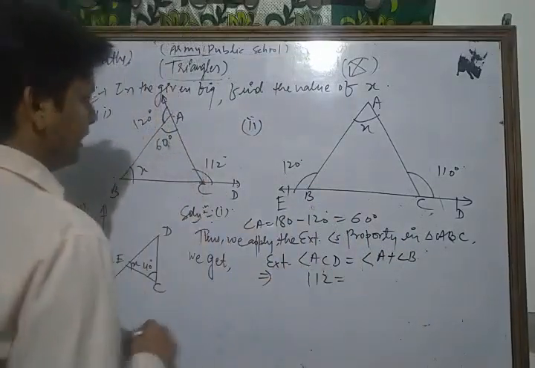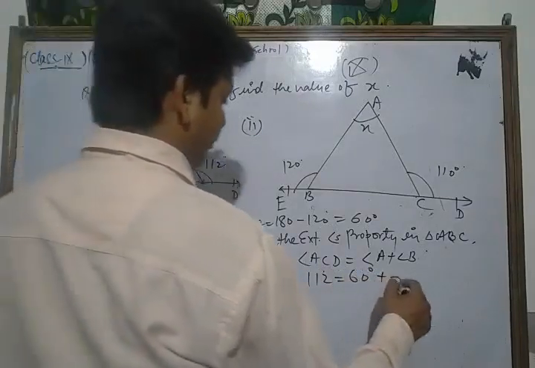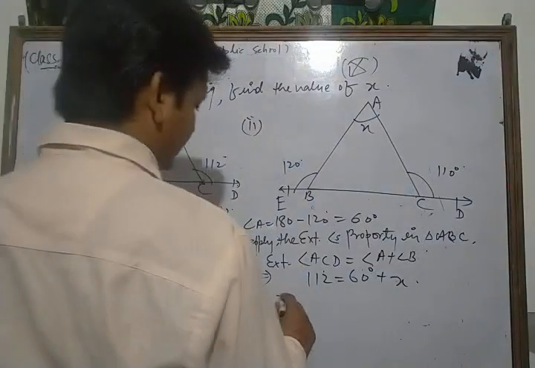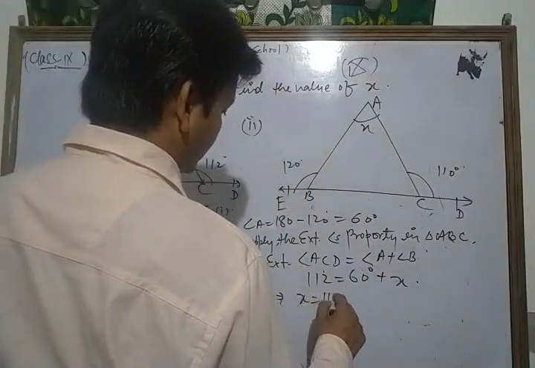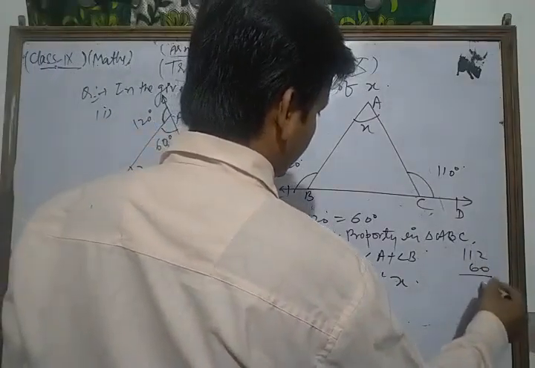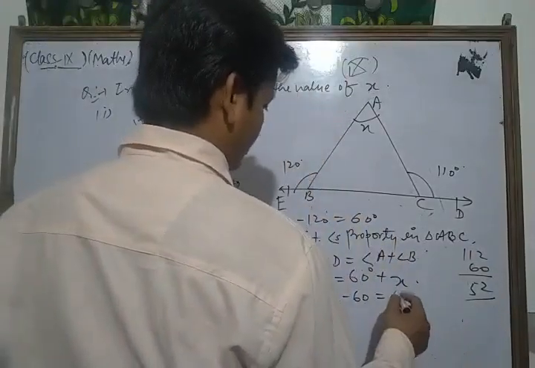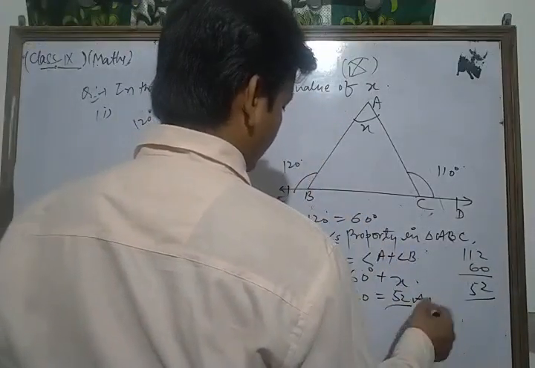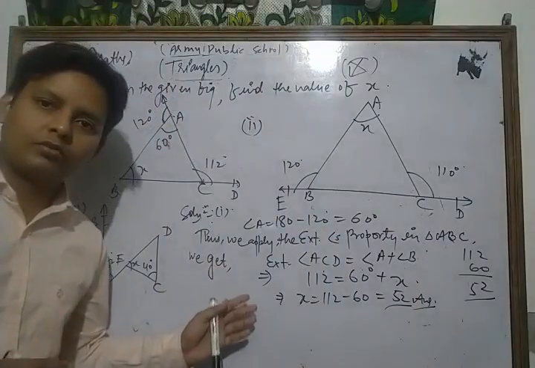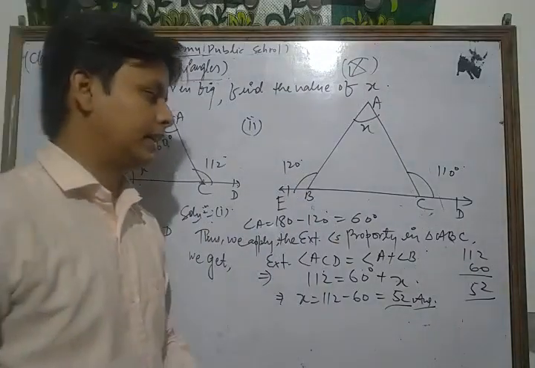Angle A is what? 60 degree. Angle B is what? x, which we find here. Okay, now from there the value of x is 112 minus 60. So we get 112 minus 60, subtracting them, this is 52. This is the required solution of the given question. Okay, so this is the process to solve that type of question. So please just do more and more practices of that type of question.